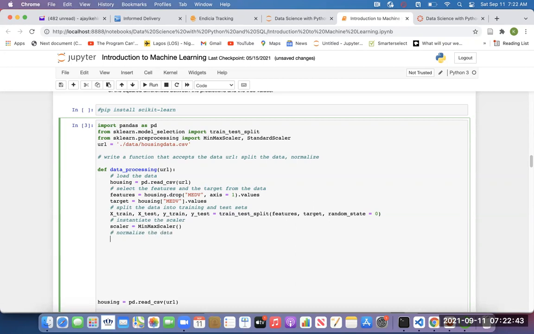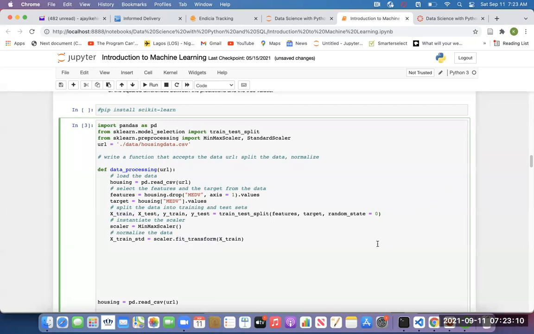So to normalize the data, we're going to normalize the training and the test set. So let's call it xtrain std so that we can still have access to the xtrain. So this will be the scalar that we've just created, the fit transform, and we'll pass in the xtrain that we have. So let me explain what is going on. This xtrain is what we want to normalize. What is fit transform doing?